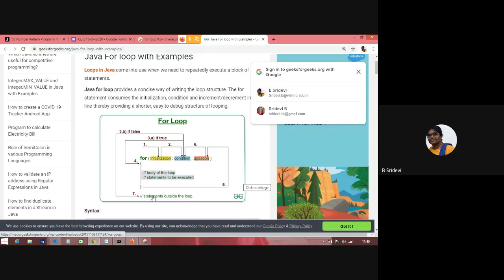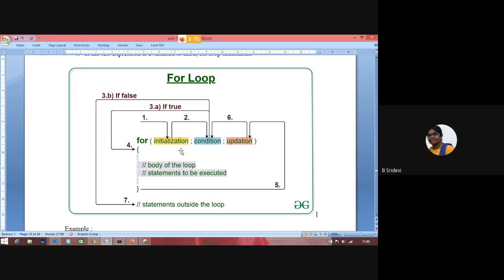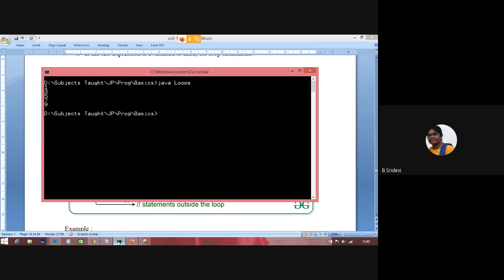I've kept the picture in the notes also. Take care to understand. So if this condition is true, it again goes inside the body. If it is false, it goes outside. Condition, updation and body will be repeated again and again, whereas initialization happens only one time.